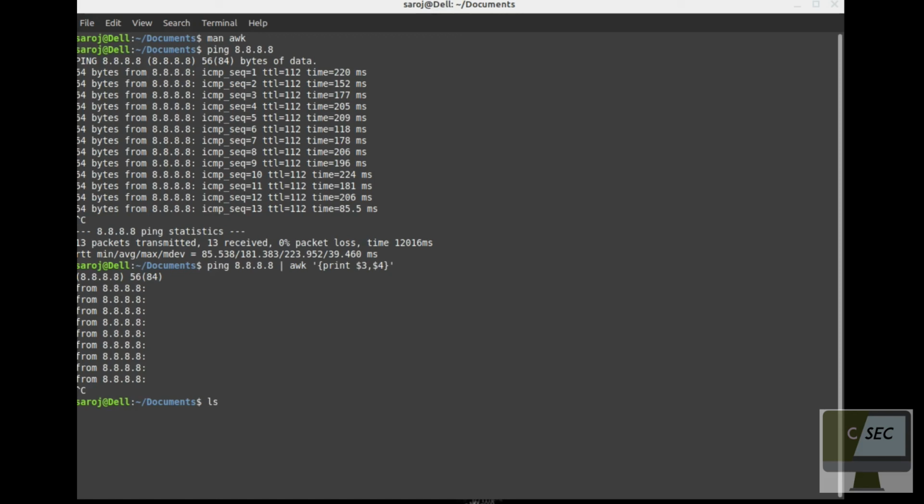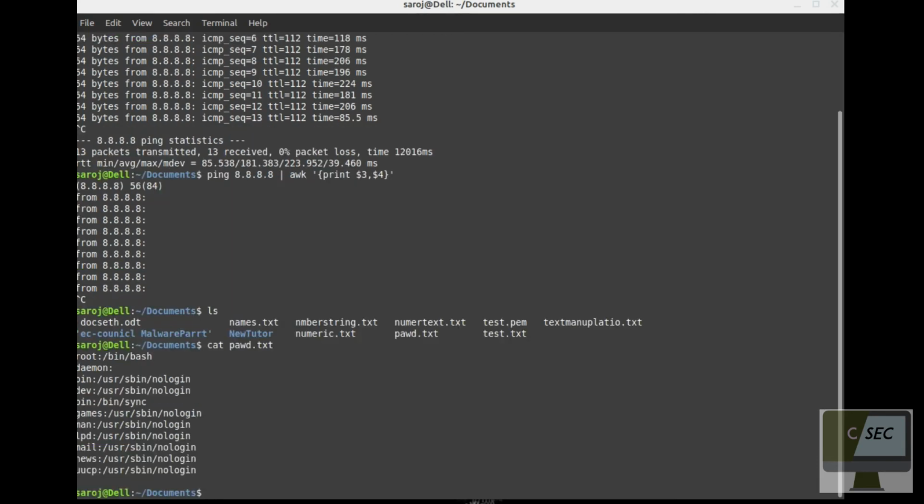Let's look at some of the advanced flags which we can use. If I cat the .txt file, you can see there is some text separated by double quotes.